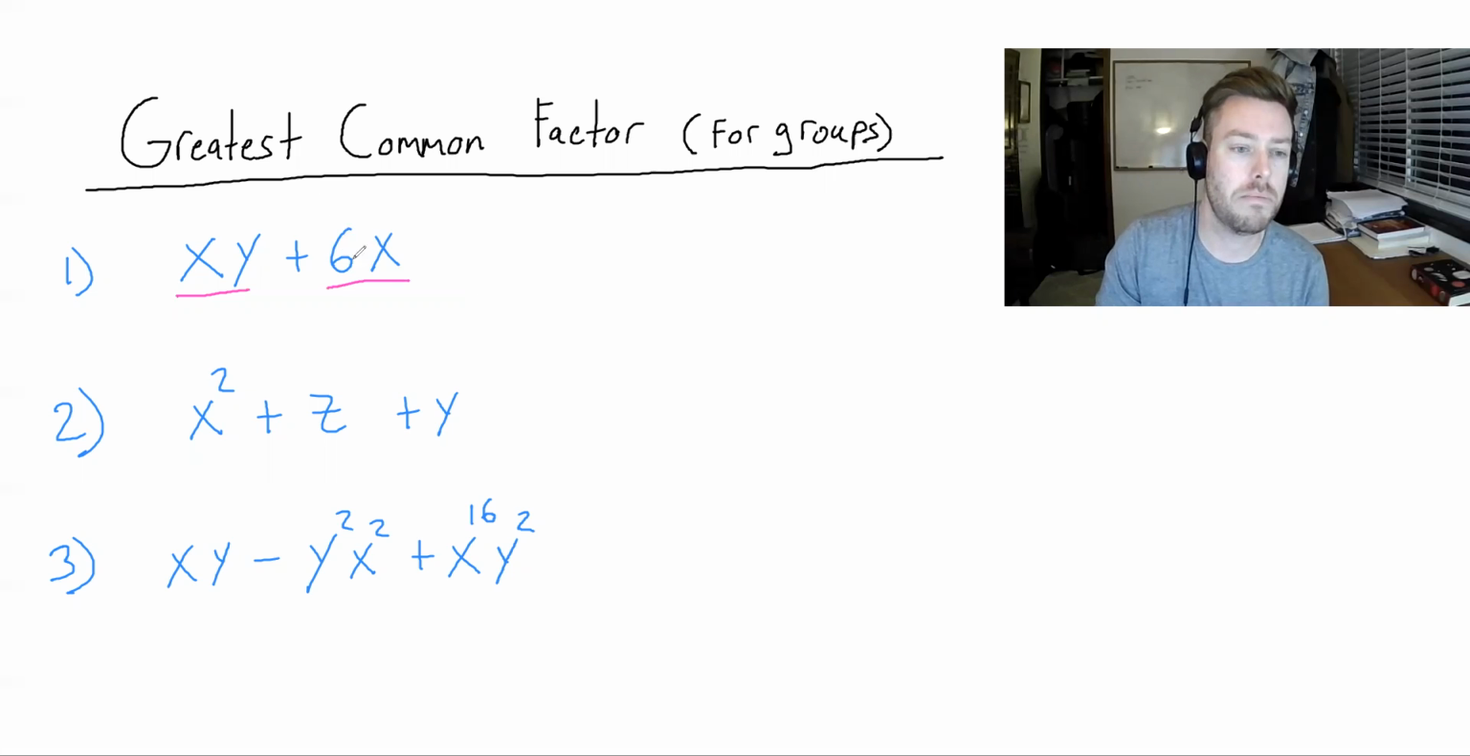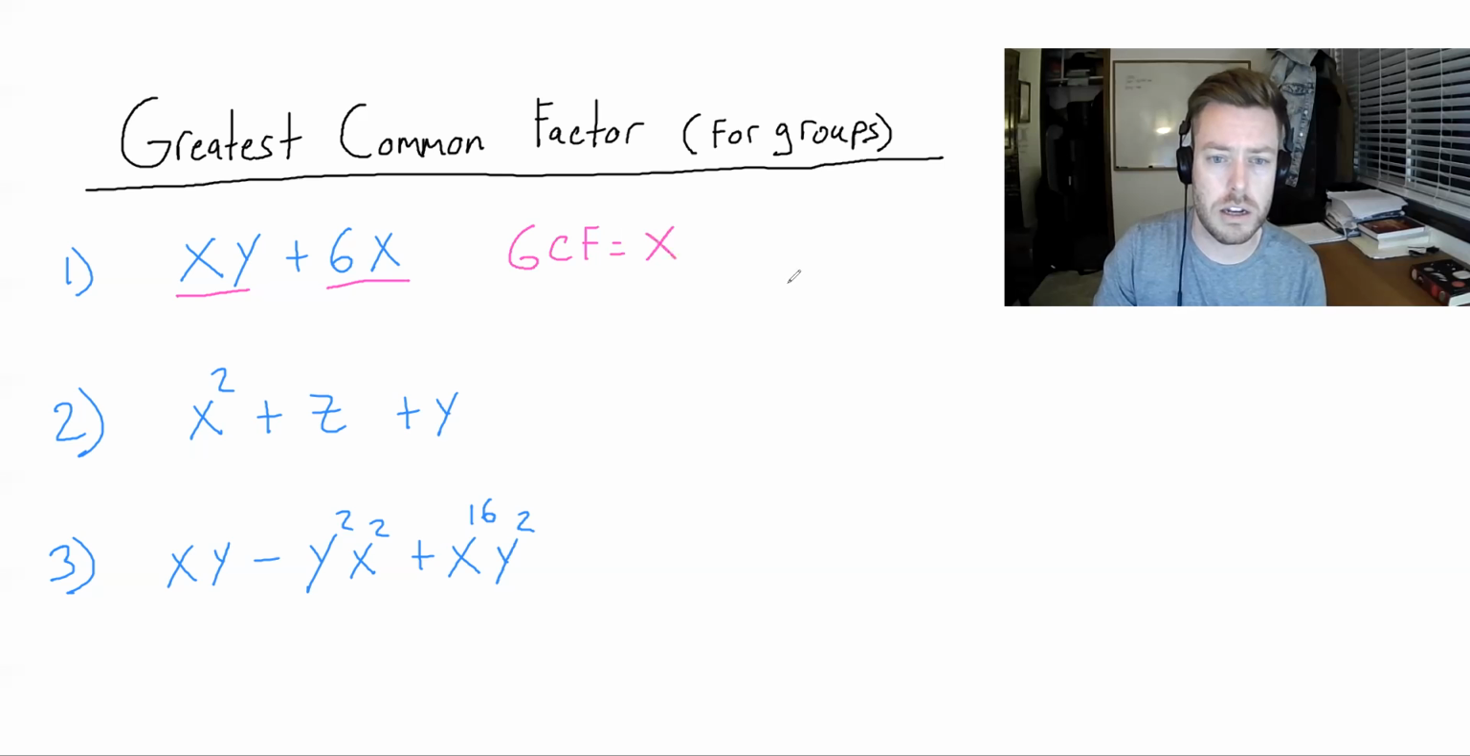Well, if you notice, this one has an x and a y. The second one only has an x but no y, and there's a 6 in front. We're going to be limited by one of these terms. In this case, it's going to be the second one, so they both have x in common. So the greatest common factor, the GCF in this case, is equal to